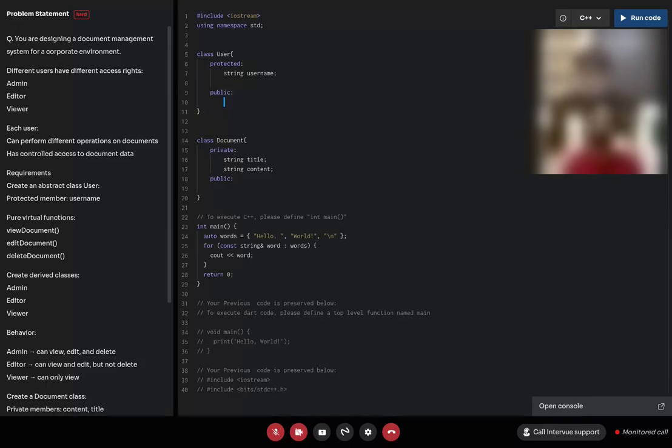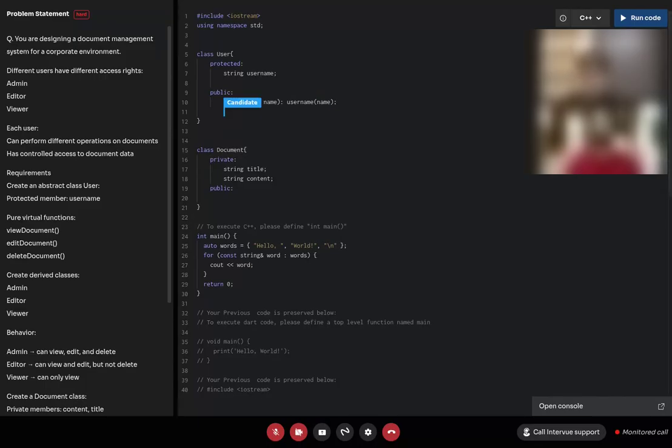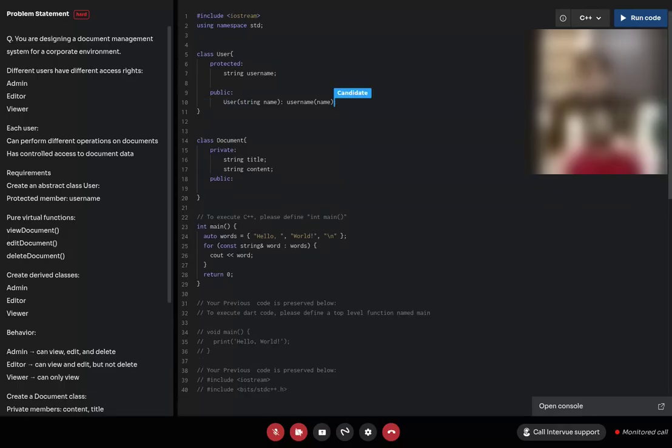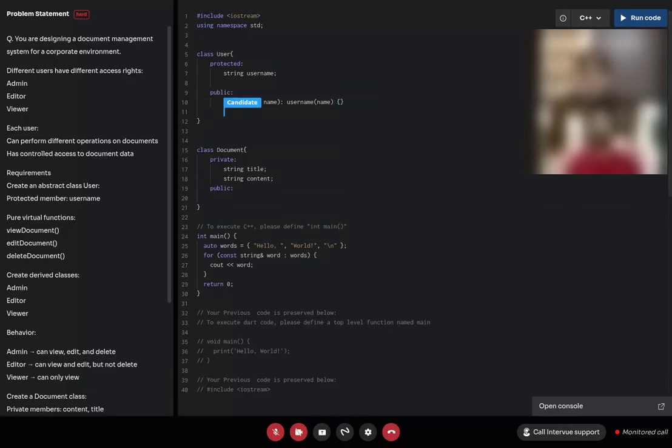Sure. So then I'll do User, then I'll have the name, and that will be the username. That is the constructor we made.